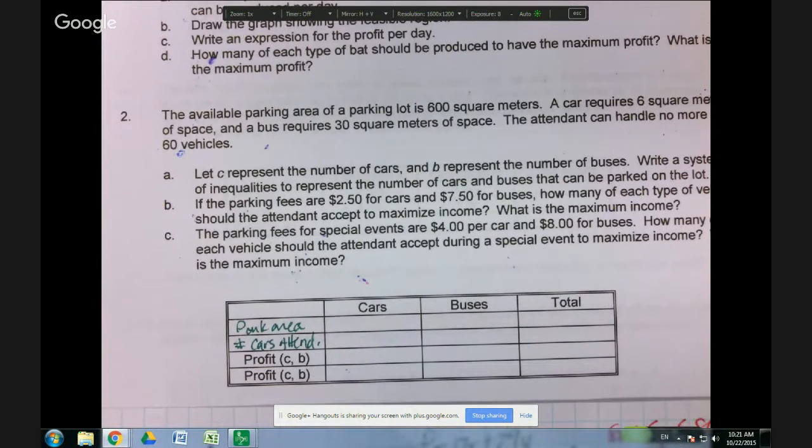So try to write those equations. There are 2 equations to graph. Okay, it's 60 total cars, right? So X is the number of cars. Oh, yeah. X plus